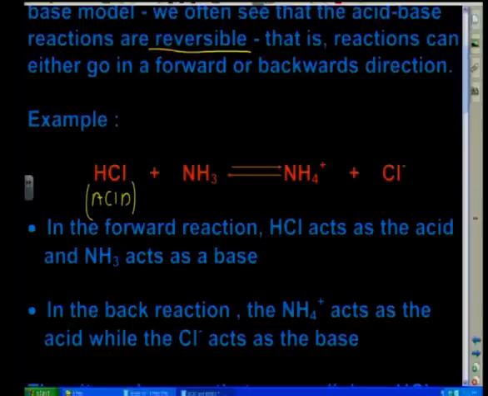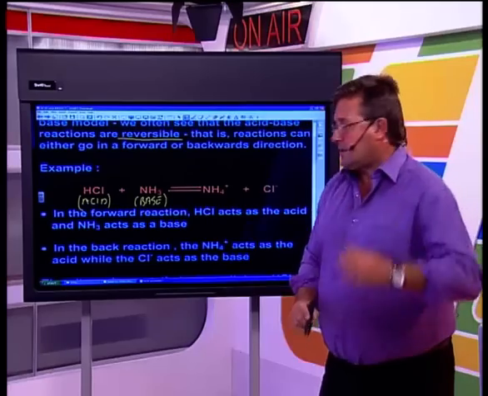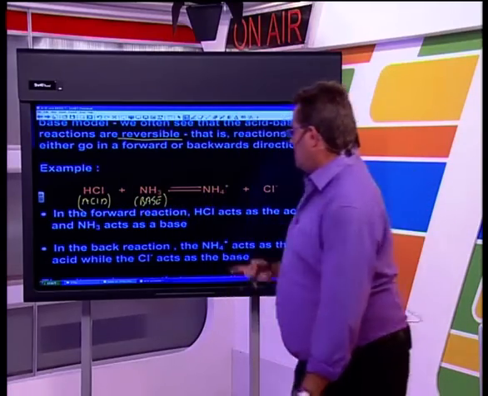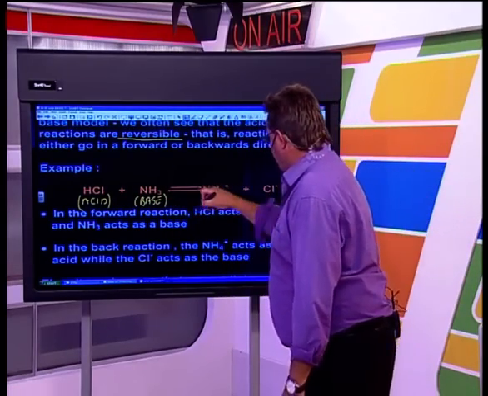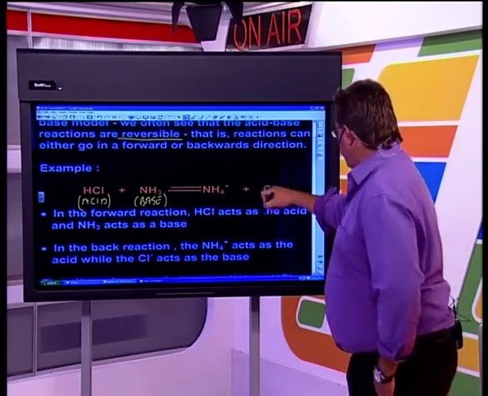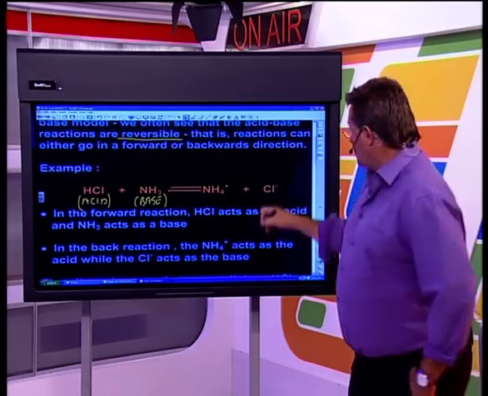We know that. Okay. And we can see now that the ammonia there is going to act as the base. Remember, guys, how we did that? This is the proton donor. That's the proton acceptor. How did I know that? I knew that because of the formation of the ammonium cation and the leftover chloride anion, which is now without